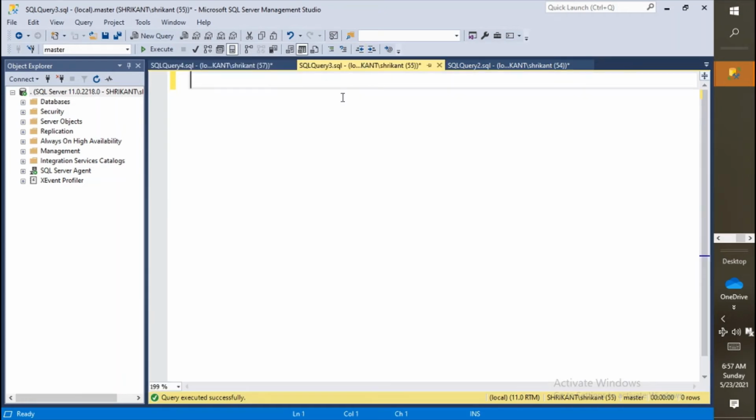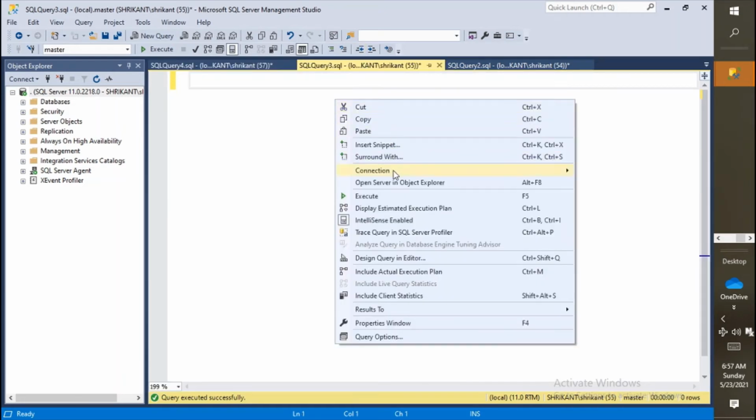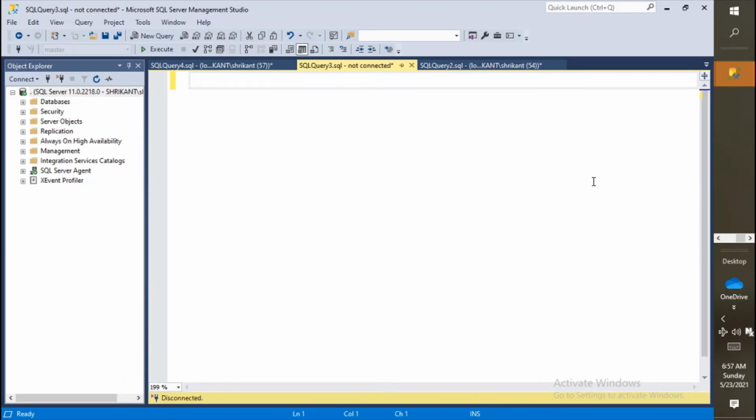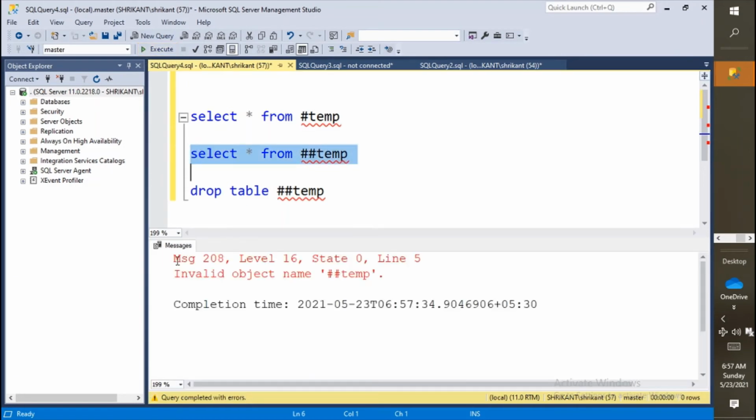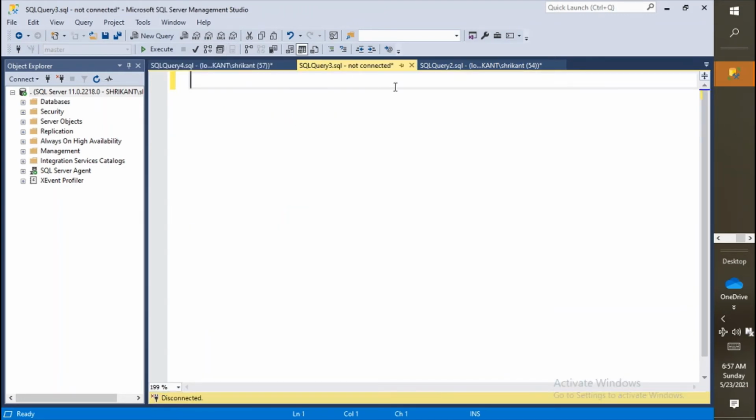Now what are we going to do? We are going to close this session and disconnect. Let's disconnect it and go back and see. You can see the global temp table, which is global to the server, is also not accessible. Why? Because this table was created in another session, session ID 55, and that session got disconnected.